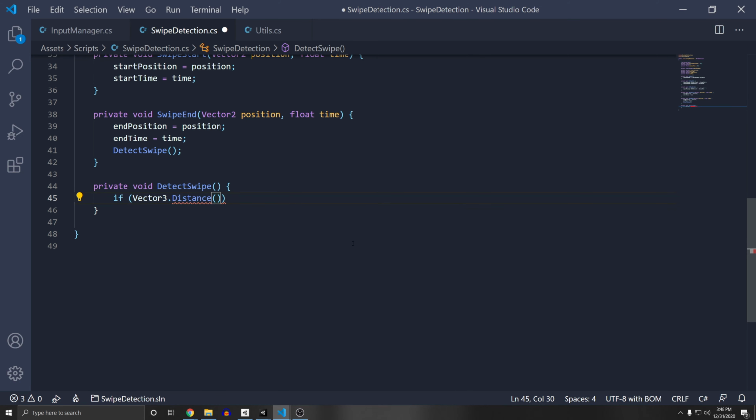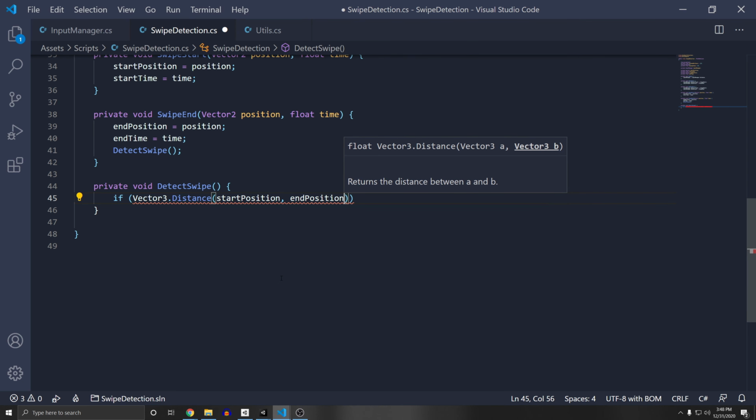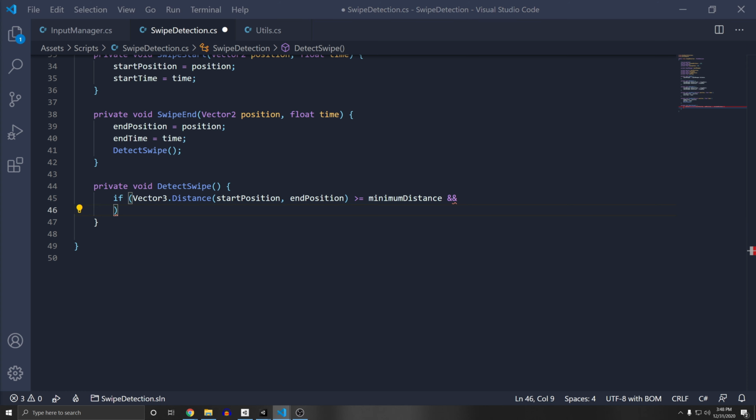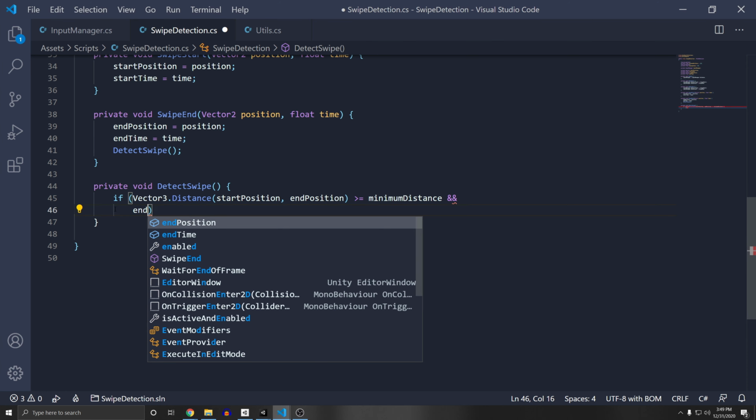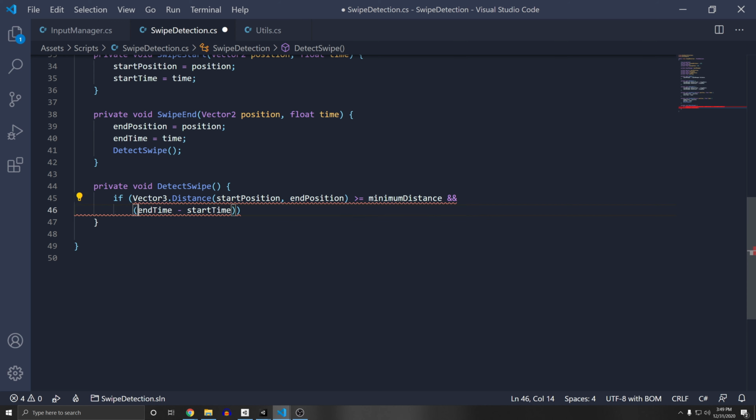If the distance between the first one, so start, and the second one, end position, is greater than or equal to our threshold, which is minimum distance, and I'm going to start on the next line here so it's easier to read, and our end time, which is end time minus start time. So this is the difference in the time. So if this is 2 and this is 1, then our swipe took 1 second. So if our time is less than or equal to the maximum time, then we can detect this as a